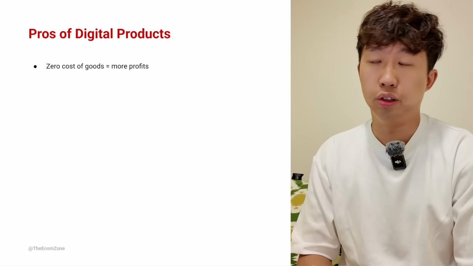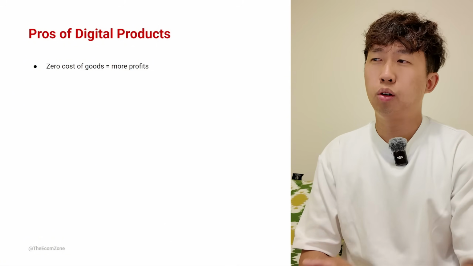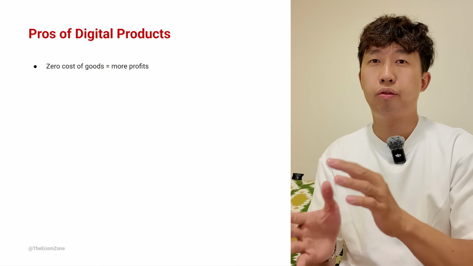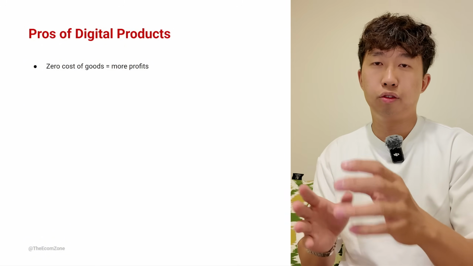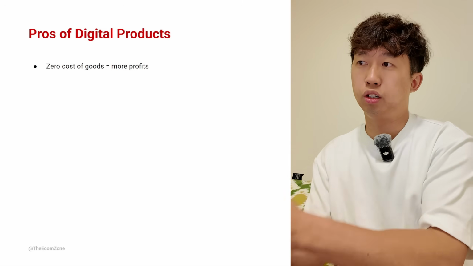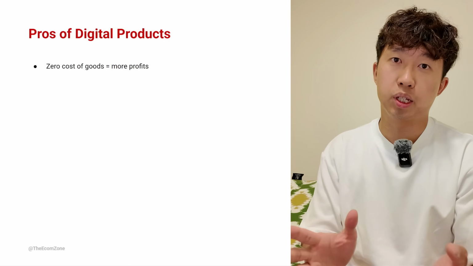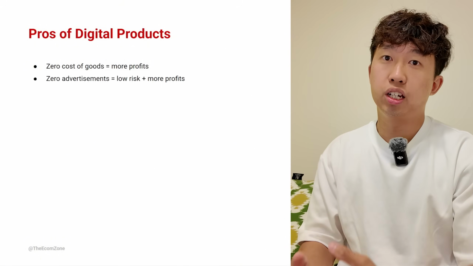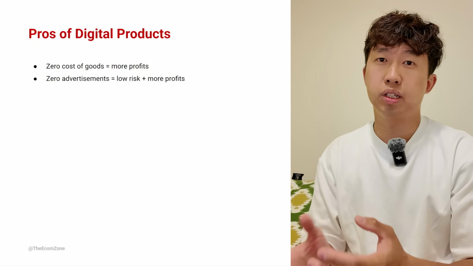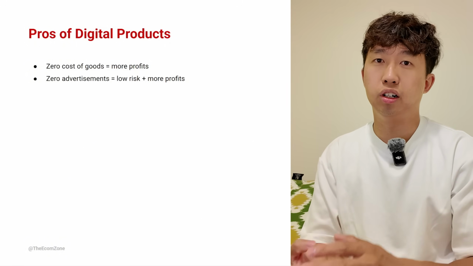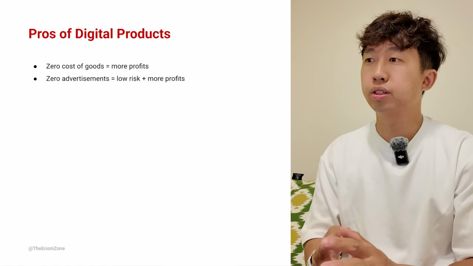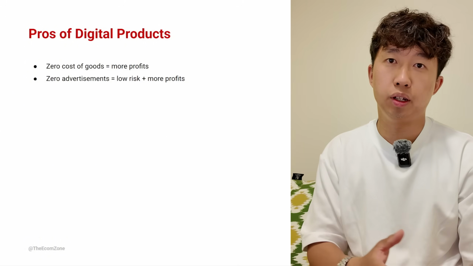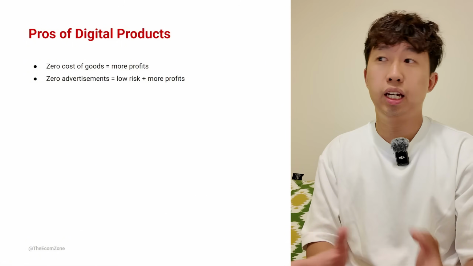So the pros of digital products. There's zero cost of goods, which means there's more profits. With dropshipping, you usually mark your products up about 2 to 3x. So about 30 to 40% of your sales goes to the cost of goods. That means you're left with 60% profit margins. Now usually with dropshipping, you have to run ads. So with ads, it costs around 30 to 40%. It really depends on how good your ad creatives are and just a lot of factors. So let's just say 30-40%, and that means your profit margin with dropshipping is about 20 to 30%,